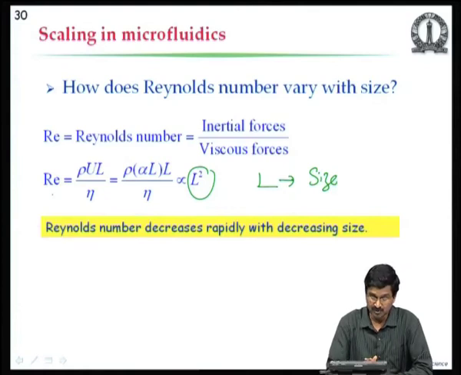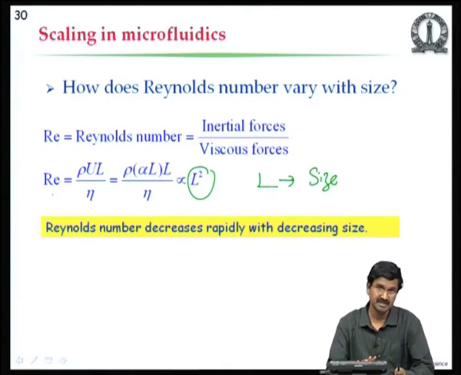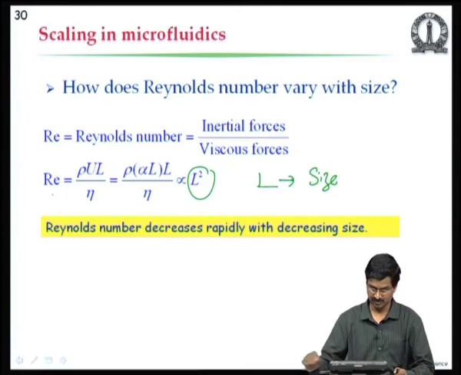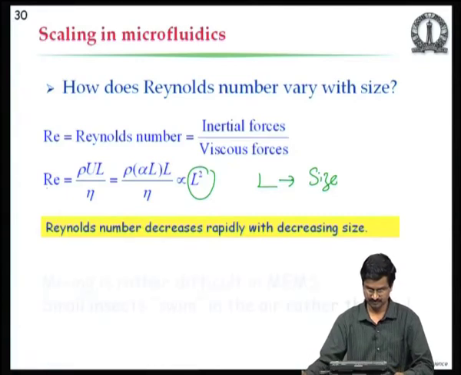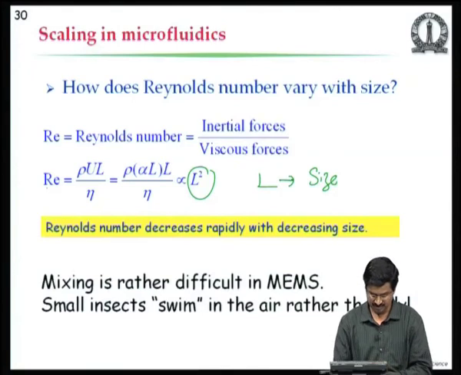So, when you put two liquids together, they will not mix very easily, they will go side by side for a very long time, and whatever mixing occurs, if you do not take any special care, occurs only by diffusion. So, mixing is a very difficult problem in microsystems, and in fact